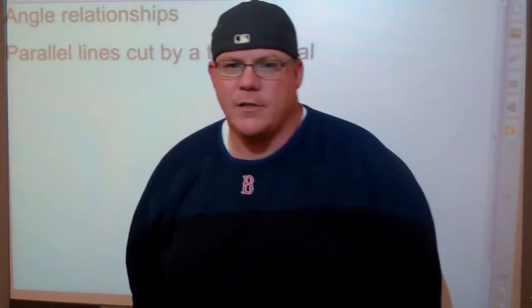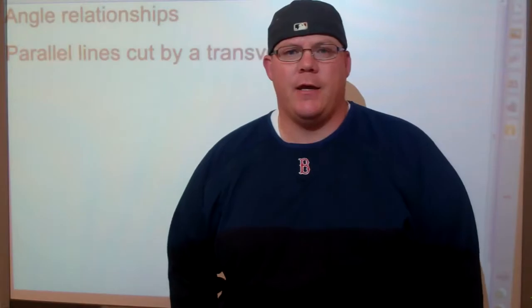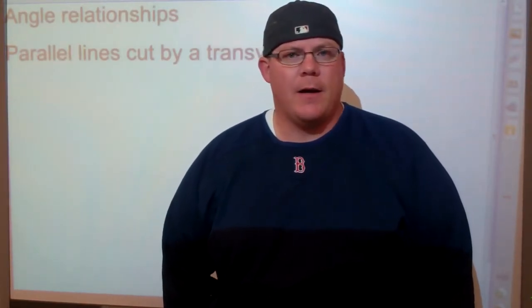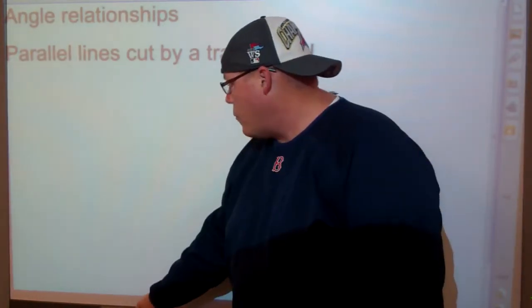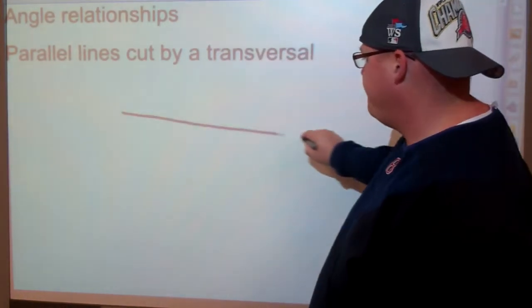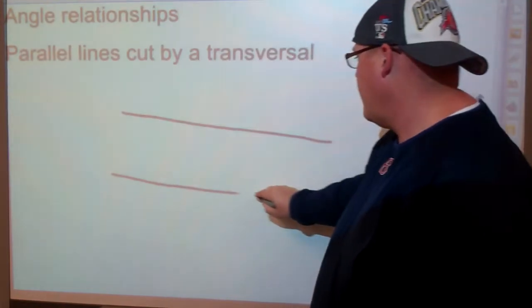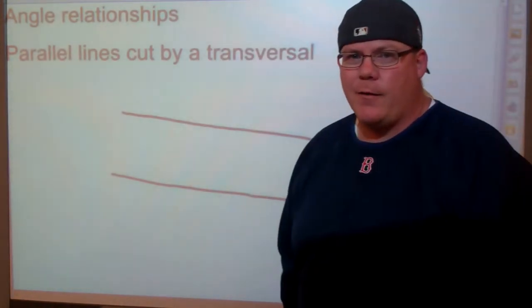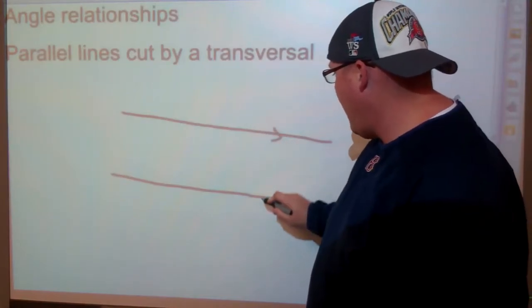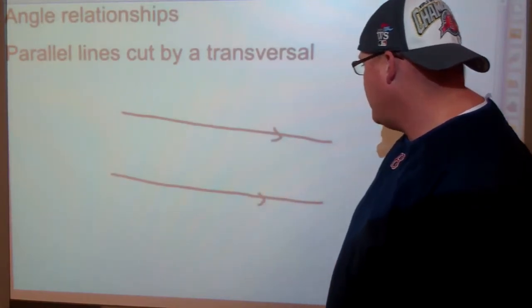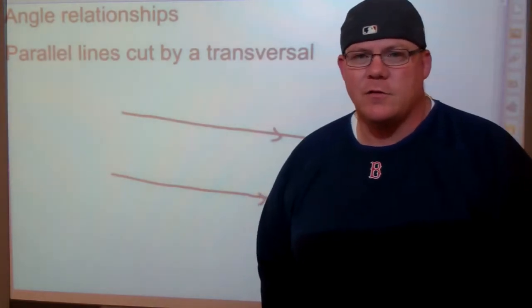Hi, morning guys. We're going to talk about angle relationships, and more specifically, we're going to talk about parallel lines that are cut by a transversal. So we're all familiar with parallel lines. This is a set of parallel lines. Typically, you'll see a symbol, an arrow on the lines, and that will tell you that those lines are parallel